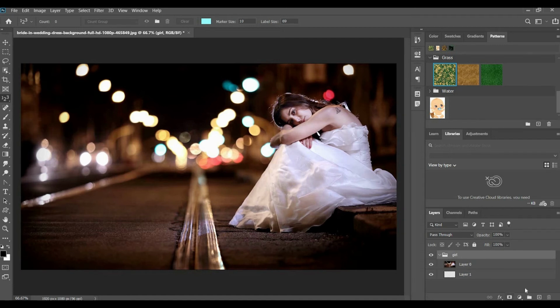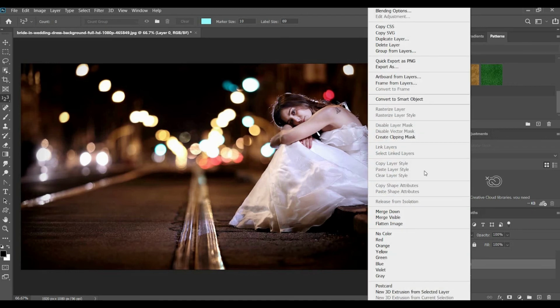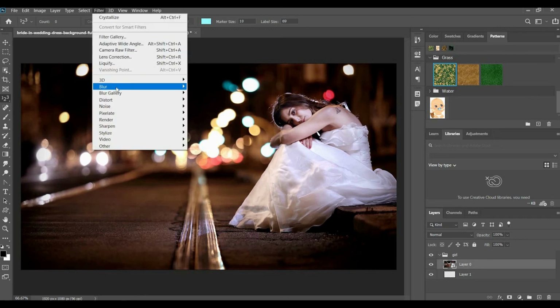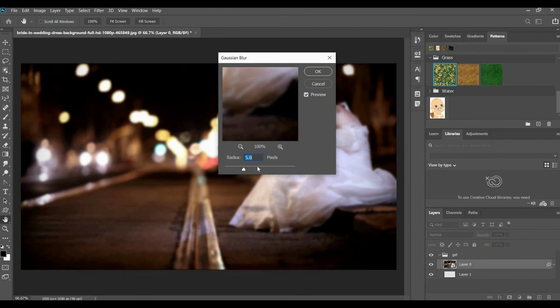Okay, for smart object, you just click on the layer, right click, and click on convert to smart object. If we apply some designs or some tools on this layer, it will be organized separately. For example, in the next topic we are going to see about filters. So for filters, I'm using the filter here itself. I'm going to use blur, Gaussian blur.